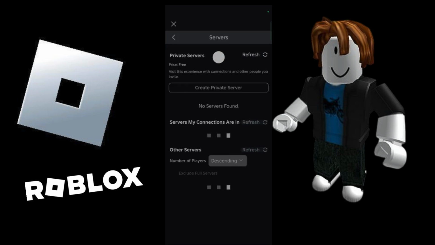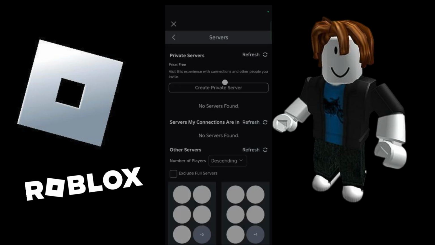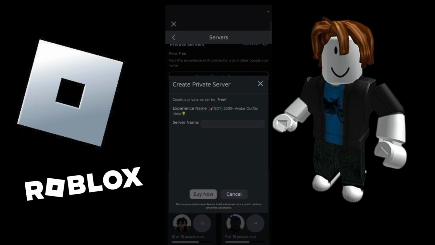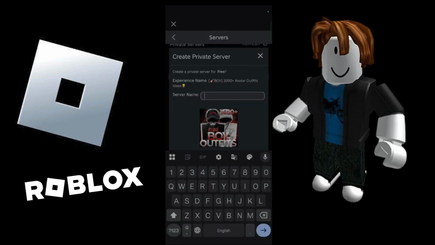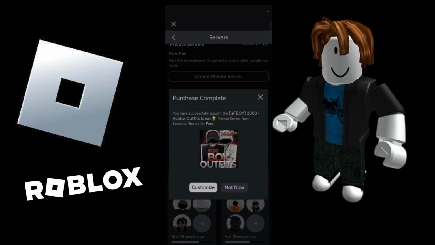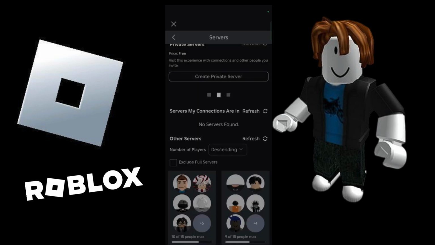And now you can see private server, the price is free. So now what you can do is simply click on this create private server, and then you can have your own server name, and then once you have defined your server name, you can click onto this buy now button, and then you can see this says purchase complete. You can choose to customize it or skip the same as well, and your new free private server will be